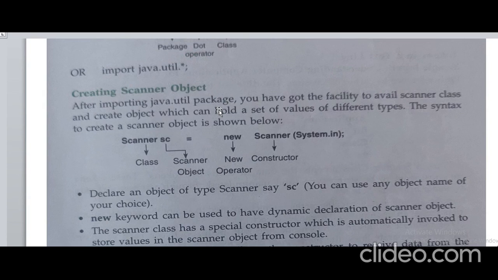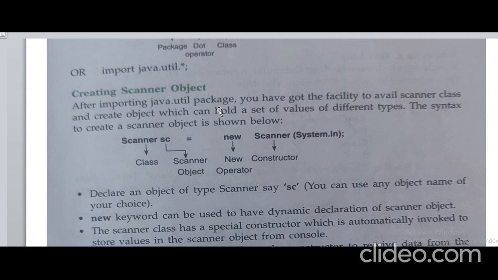After creating the object, that class can hold a set of values of different types.